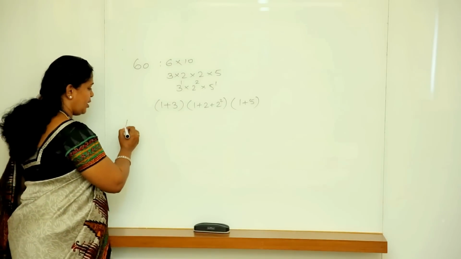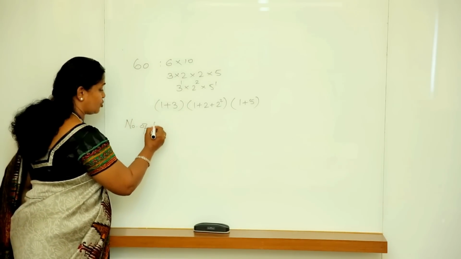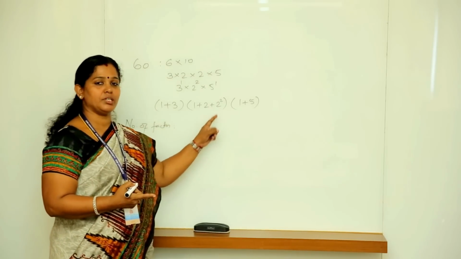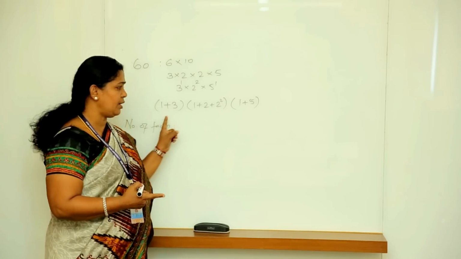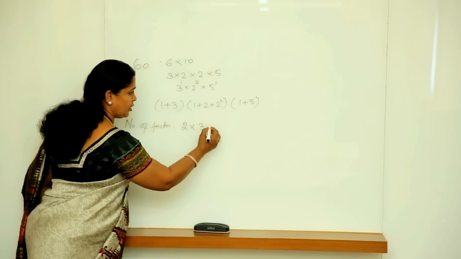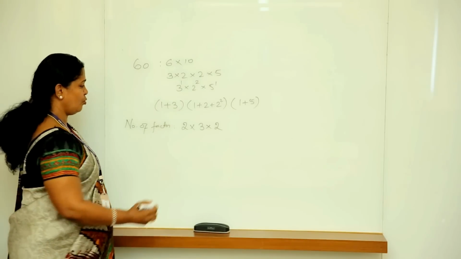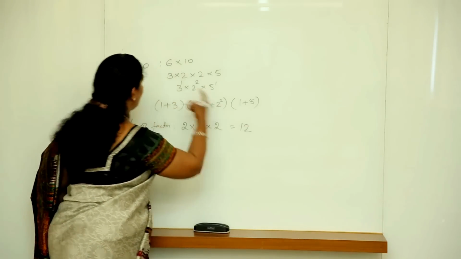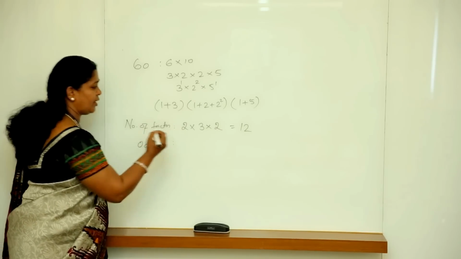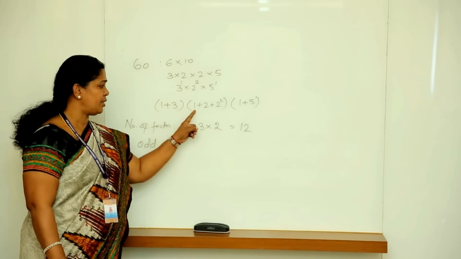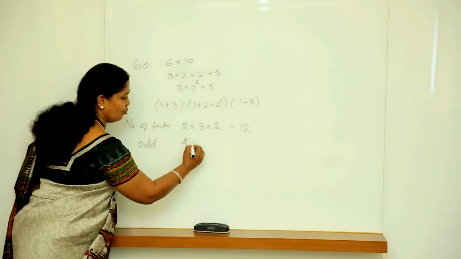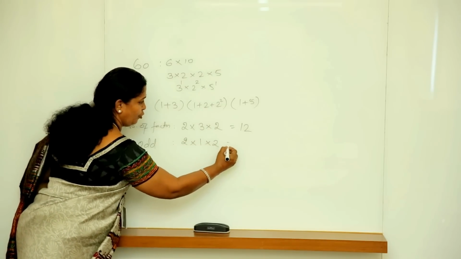Now, as before, for the total number of factors, the 2 terms here, the 3 terms here and the 2 terms here will combine to give you the total number of factors, which is 2 into 3 into 2. So, totally there are 12 factors of 60. Odd factors: how many of these 12 factors are odd? This odd number and these 2 odd numbers, that is 2 into 1 into 2, 4